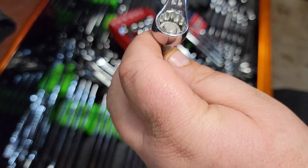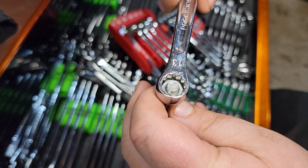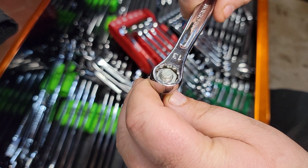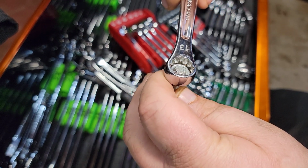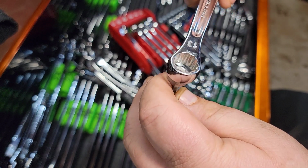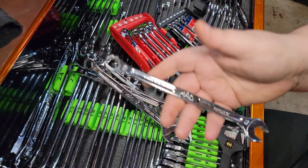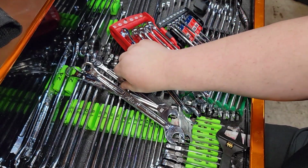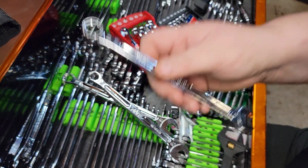Try to hold this up here. There's not a really good way to simulate this, but here's a 12-point, and I'm going to lift it off here, and it goes in like that. So you're only having about a 5 to 10 degree difference, and that's what makes a 12-point nice. Now, for damaged fastener removal, yes, it's nice to have these wrenches handy so that